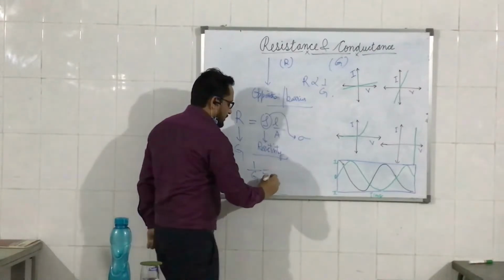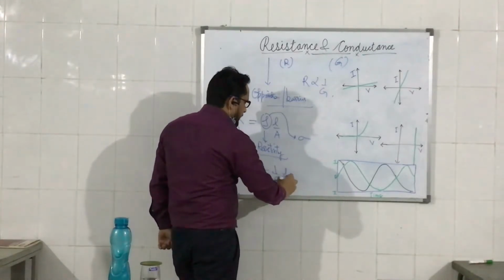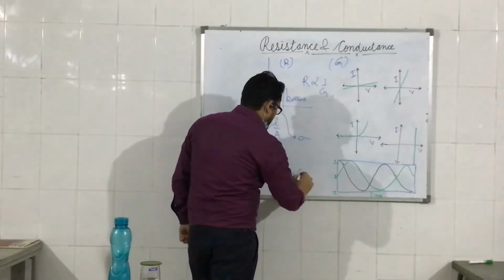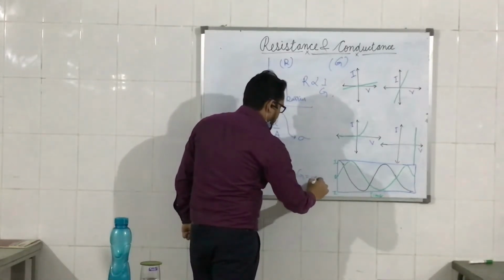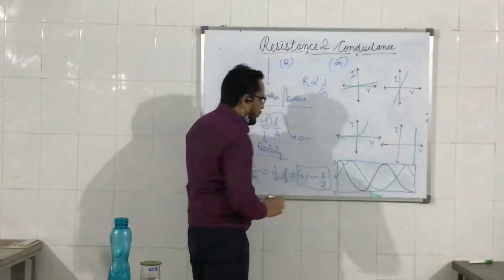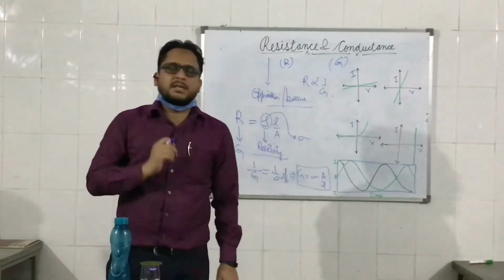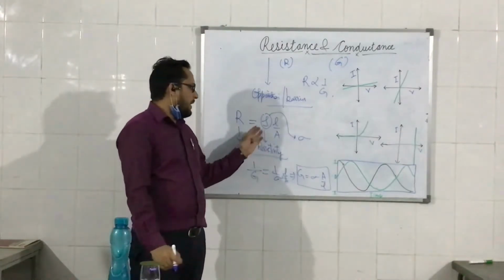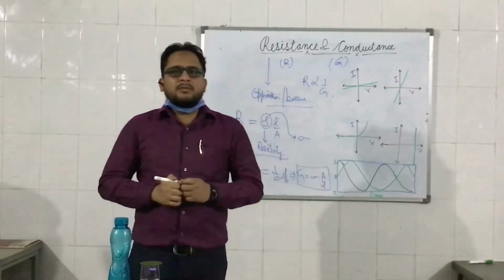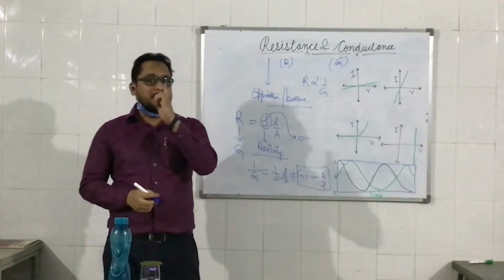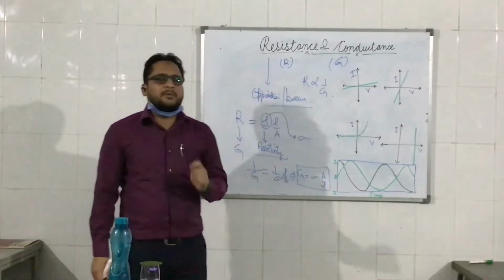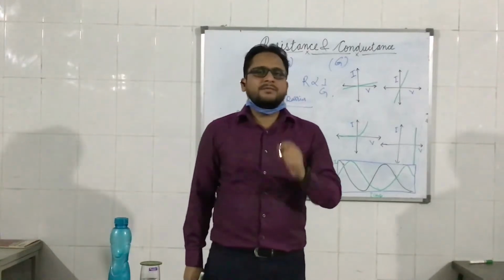So if we write a similar kind of formula between conductance and conductivity, we can write 1 by G is equal to 1 by sigma L by A, and ultimately we will get G equals sigma A upon L. So this is the formula which relates the conductance with conductivity. Clear? So on one hand, resistivity and conductivity, meaning rho and sigma, are independent of the length and area of cross section and depend only upon the type of material. Remember my words. The resistance and conductance depend upon the area of cross section and the length of the wire.